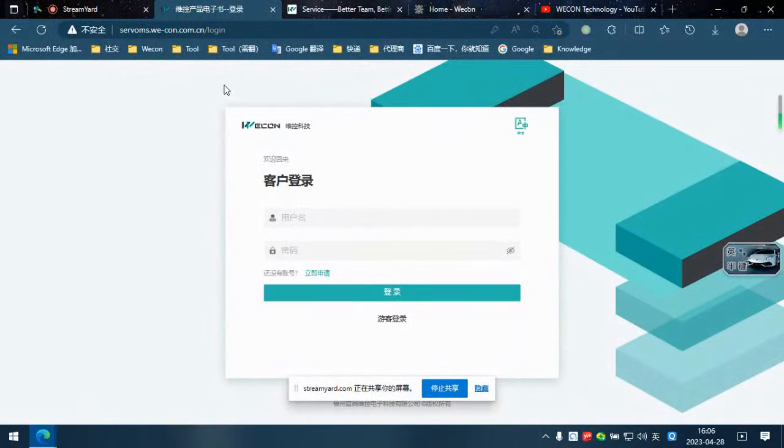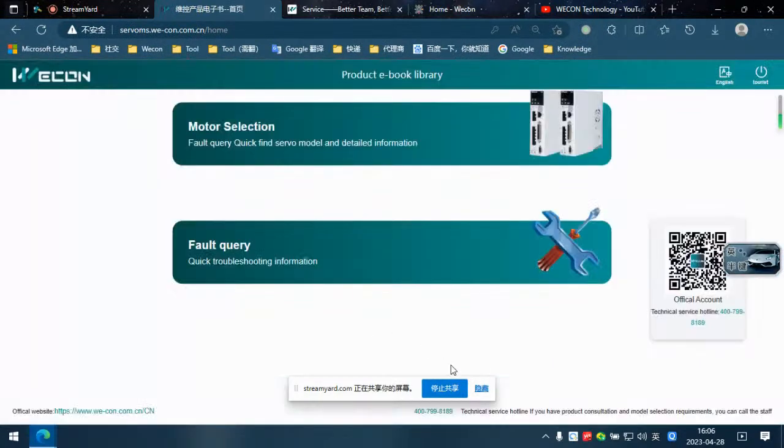This is the servo selection tool. When you open this page, you will see the language is in Chinese. So we need to click the right upper corner to switch to English. And we don't need to register an account for it. Just use the visitor login,